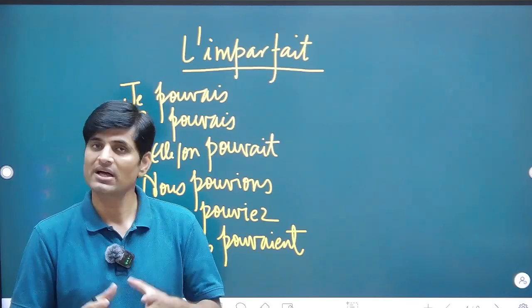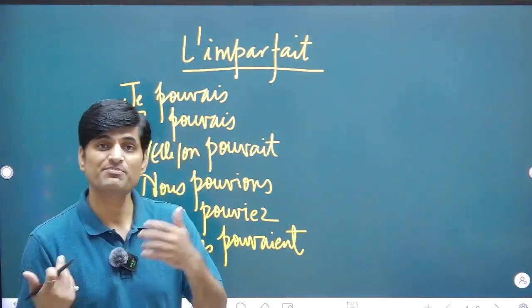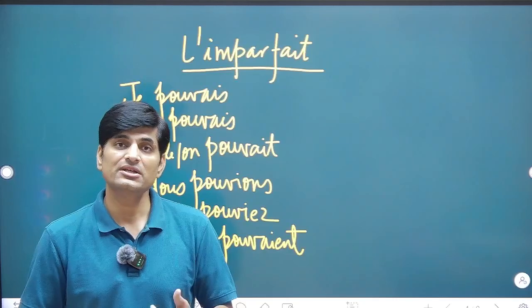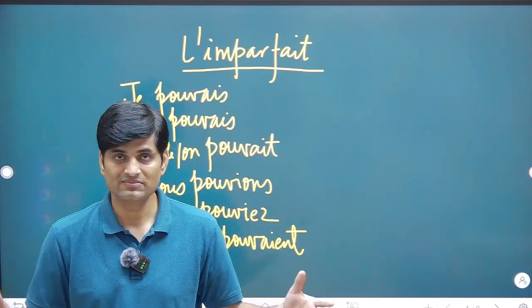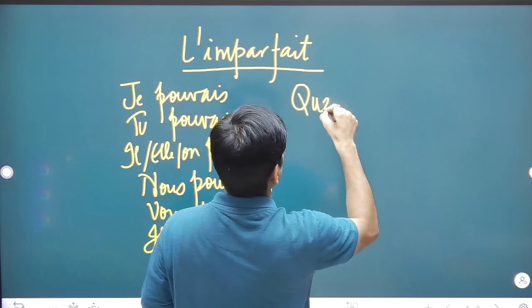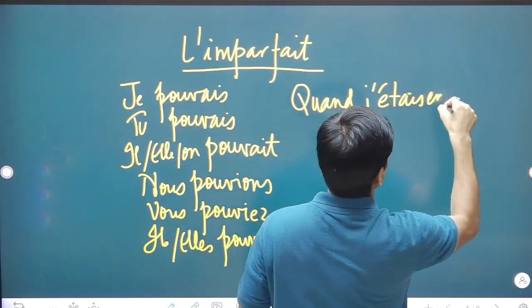How do you do that? Again, in English, you would say could, but don't worry at all. Imparfait is something that is in past. So if the question were something that we want to denote in past as a longer duration that existed, you would say, quand j'étais en France,